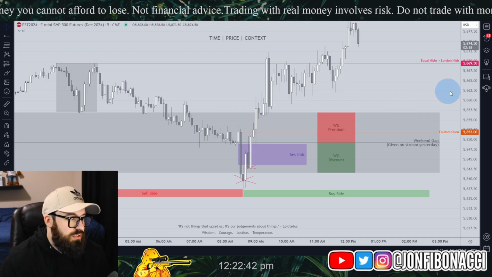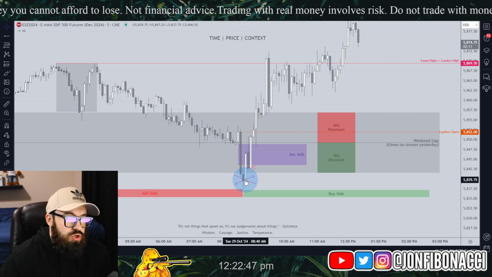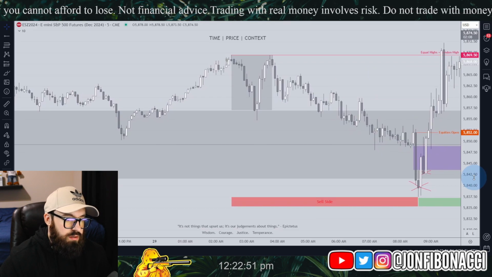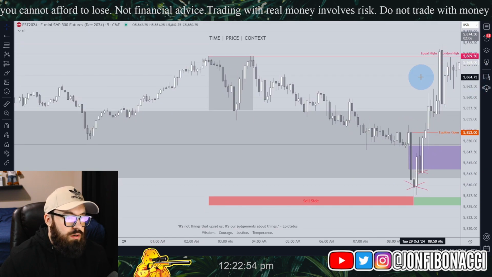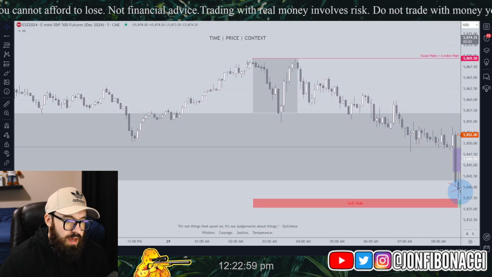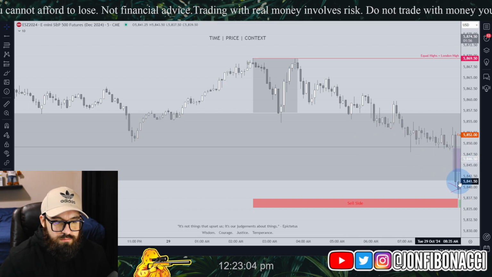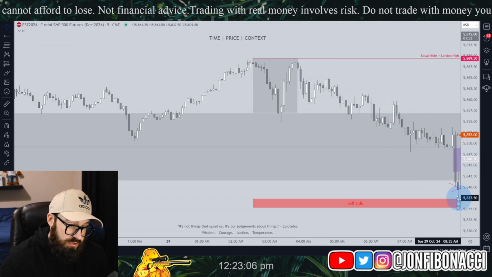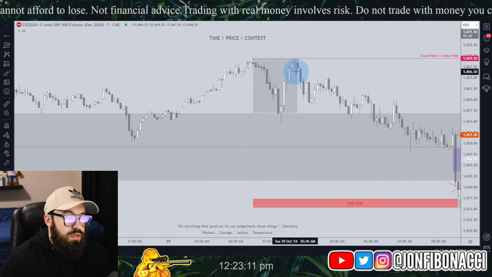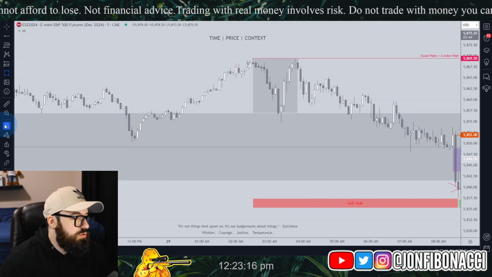Okay. So our sell side of price delivery, was there anything utilized for short? Let's do that exercise. The same exercise I told you about months ago. You draw a vertical line at the lowest low, or you can just move your chart all the way over to the right, so that way you only have sell side price delivery here. So you take a look at it. Was there anything utilized to go lower? Well, there's